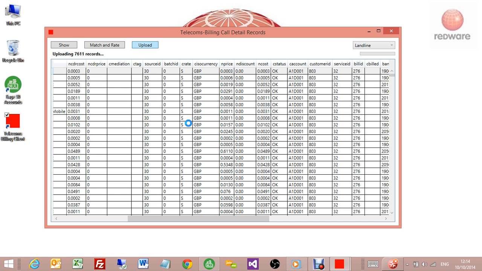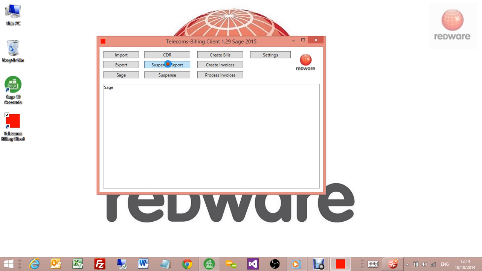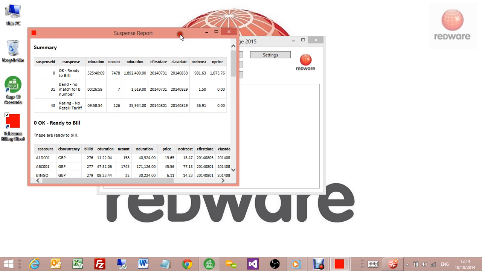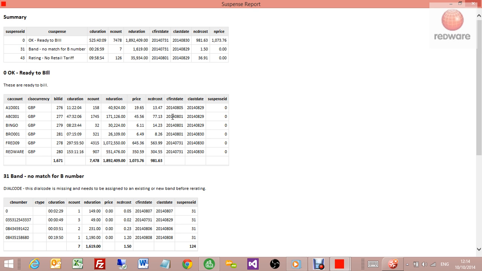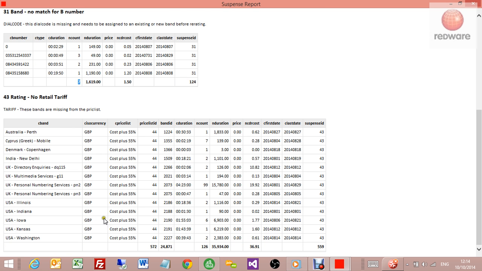Now suspense is basically allocated codes to every error that can happen in the system, and the billing manager's job is to deal with the suspense. So it's uploaded that data now into the database, and we can produce our suspense report. So this is our report, and this is the biggest job that we have to do each month. It's telling us that of our 7,500 records we uploaded, 7,478 have gone through successfully, but we have these 7 here that are not going through, and these